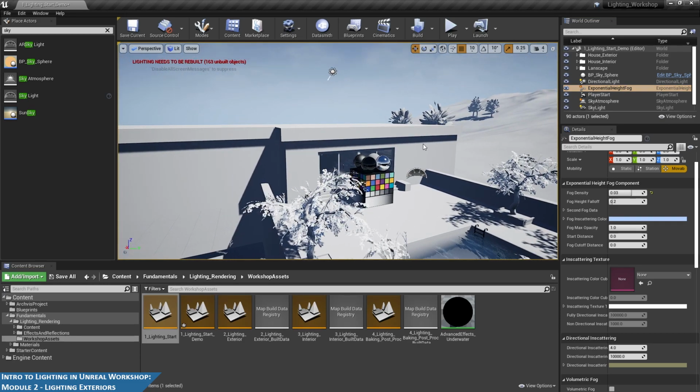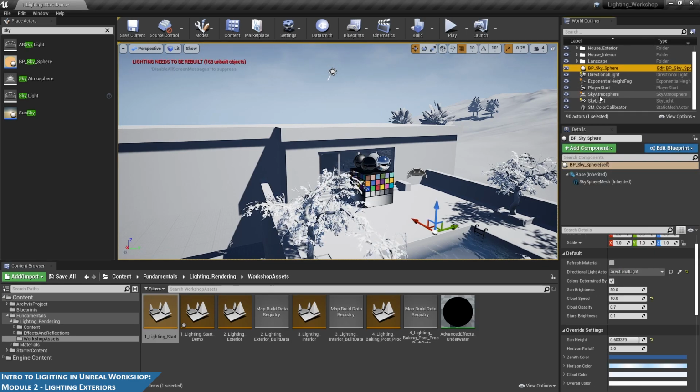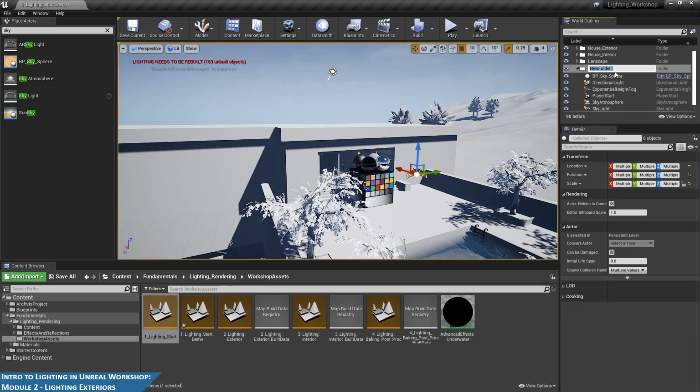Okay, so I've added all of these lighting components. What I want to do is select all of these, make a folder, and call it lighting. So this is all of our lighting stuff. And before I move on, I at least want to show you, remember that plugin that we loaded, which was